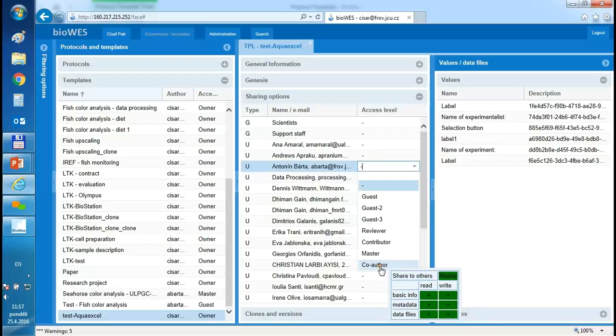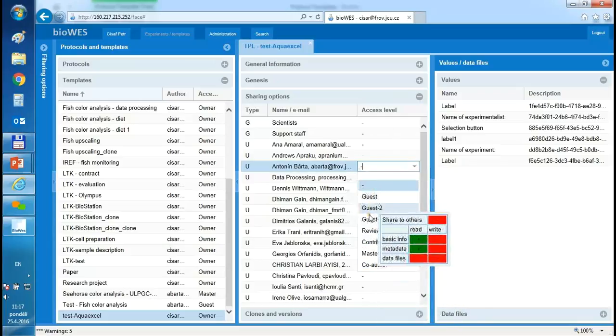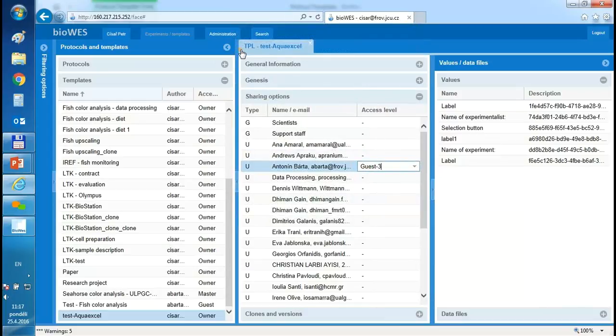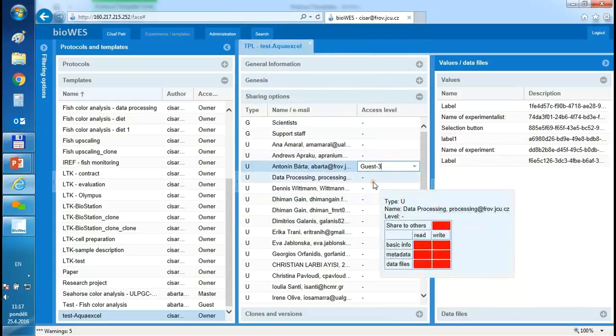For the coauthor, our co-author has the full control over the experiment, so he can read and write everything. So this is the way how I can share something to the rest of the people. So if I decide that guest 3 is the access level I want, then you could see that the setting